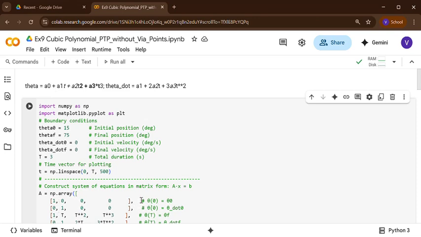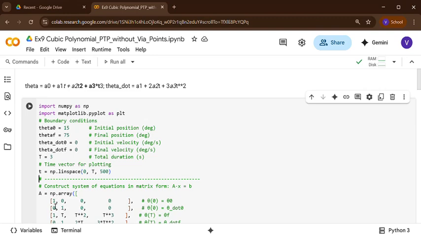The first column is for a0, the second column is for a1, the third column is for a2, and the fourth column is for a3.